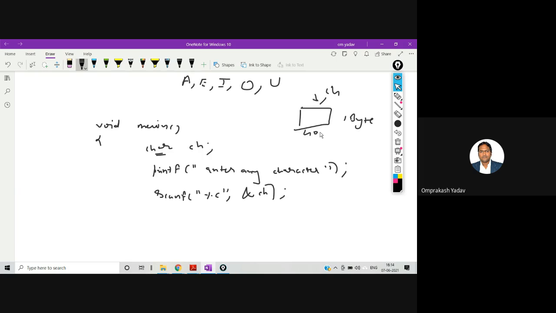Let's say consider this is at memory location 4006. So the name given to this memory location will be ch. This is nothing but a variable, that is, the identifier to this particular memory location. So when we store any character, it will be stored at this particular memory. That's why we write over here address of ch.